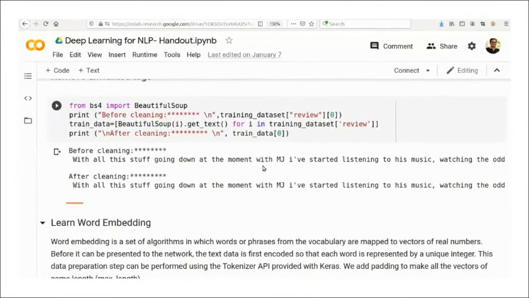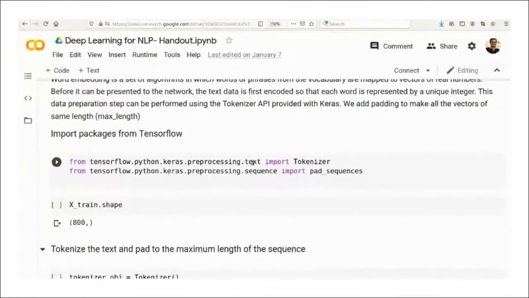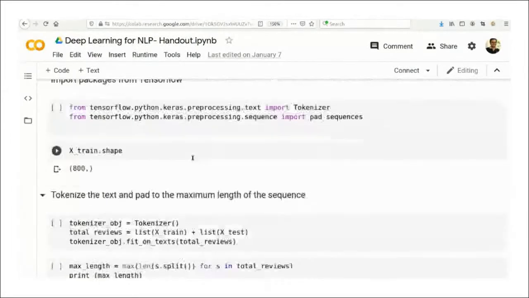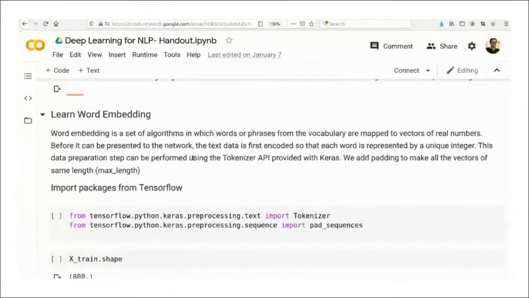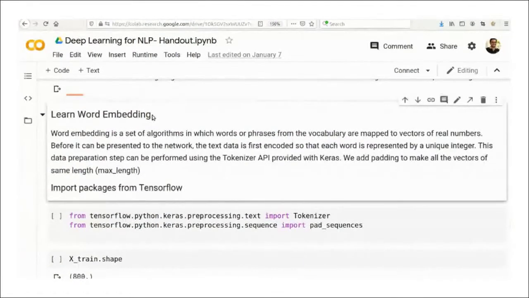For a neural network or whatever deep learning approach, you require these features as real values. So you need to convert this data into real values. That process is normally called embedding or vectorization. You are converting this word into a corresponding vector. So that process is called embedding. There is a concept called word embedding or word2vec, where we convert a word into a corresponding vector that depends on the context of the word.